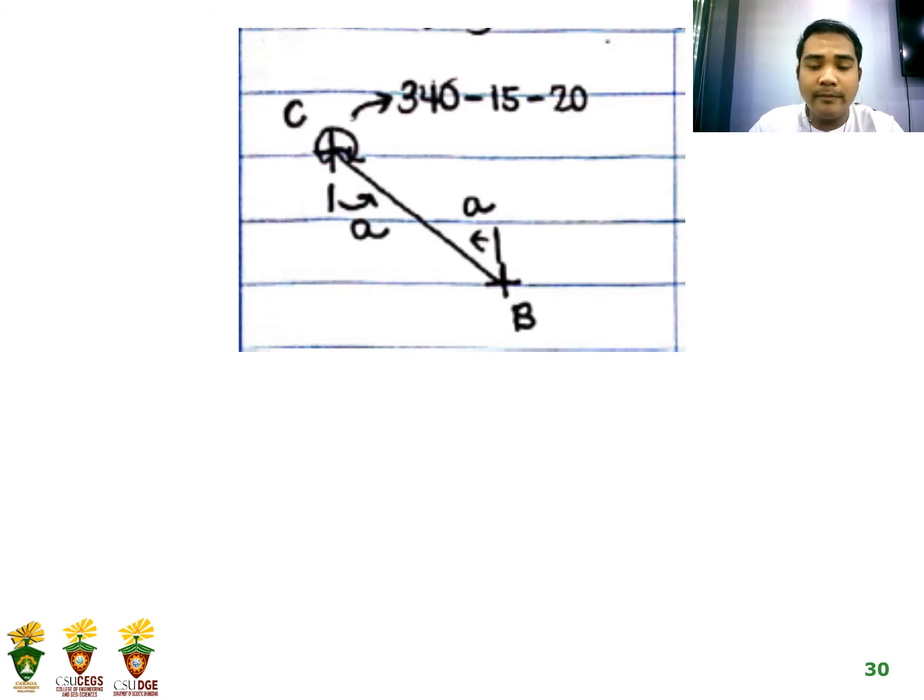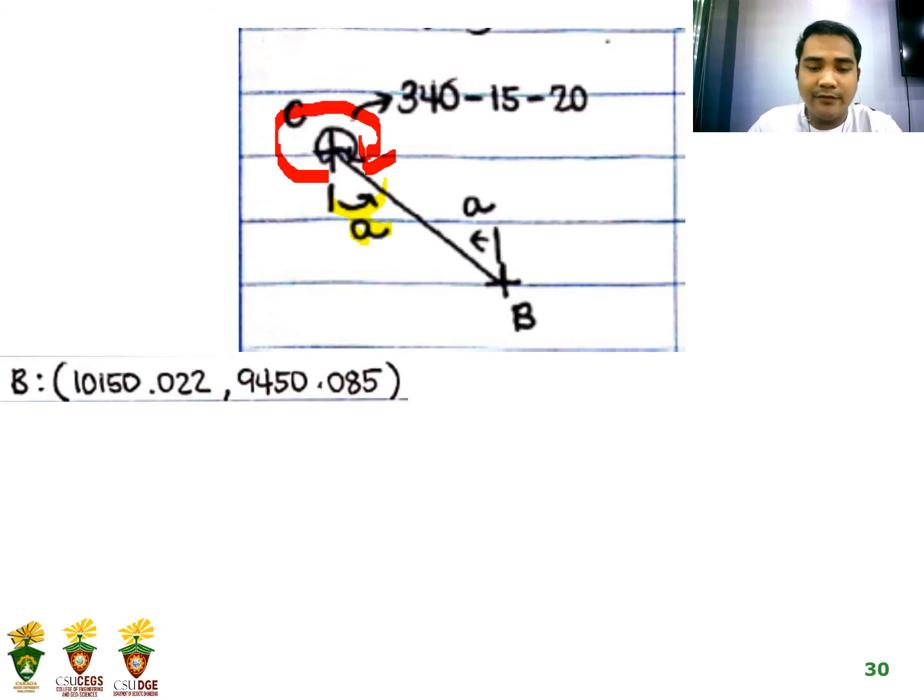Why do we still need the bearing? It is because we are going to use that for the calculation of latitude and departure, to get the coordinates of C and A. So what is alpha? This is alpha, the Greek letter alpha, and we are given 340 degrees, 15 minutes, and 20 seconds, which is the azimuth C to B. So to calculate alpha, from the figure,